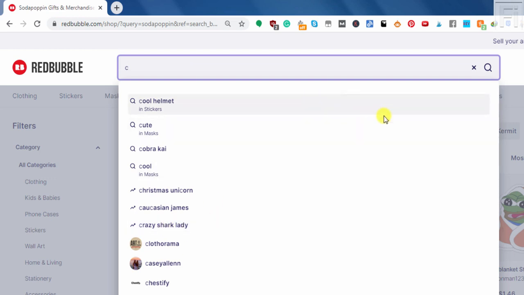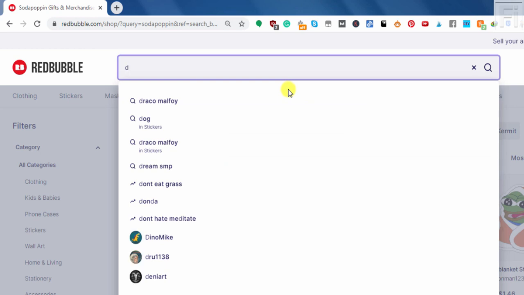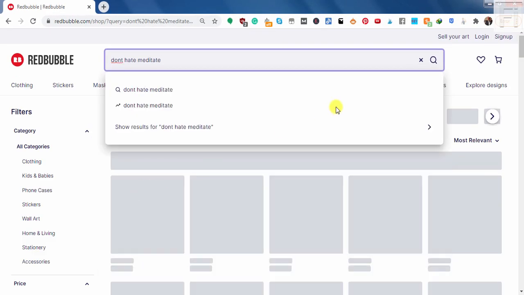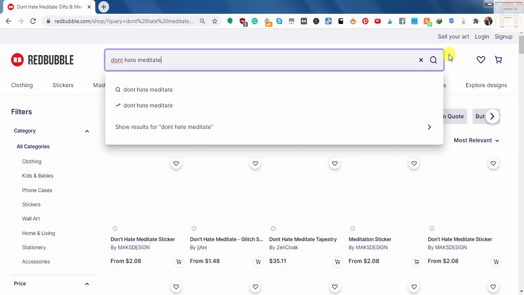What I'm trying to drive at is you can just use the alphabets. You just type the first alphabet. D: don't eat grass, don't die, don't hate, meditate. Those are some things that you can design around. Let's say we click on don't hate, meditate. We see the number of designs that are actually using that, and I'm pretty sure this one has a good number,